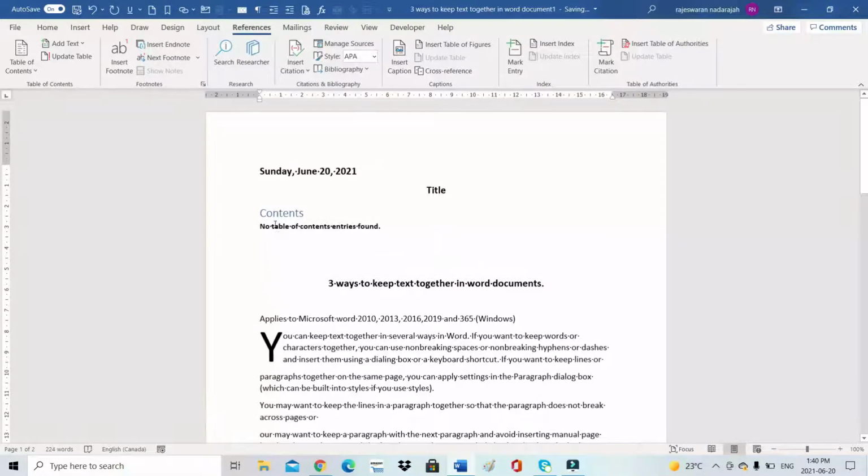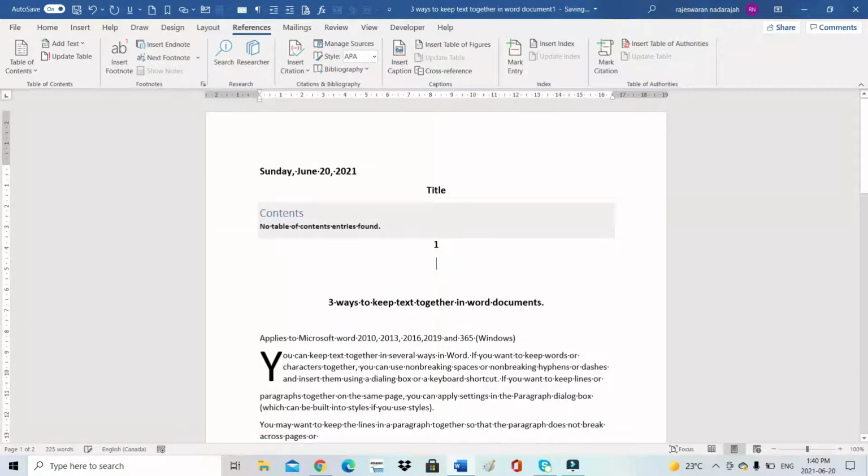Start by applying a heading style from the style gallery to the selected text. That means, see here, contents, I didn't write anything under the title. If you write something under the title, for example, number 1, number 2, like that, then after you go to the references and table of contents, you can see what you wrote. The same thing applies under title 2. This one is title 1, then the second one is title 2, like that. You can do it like that. If you don't like it or don't need it, you just leave it.